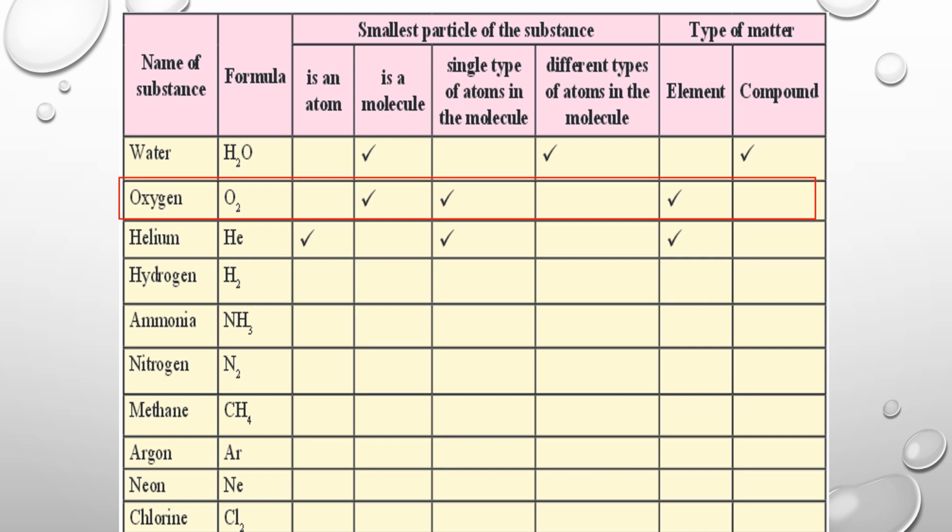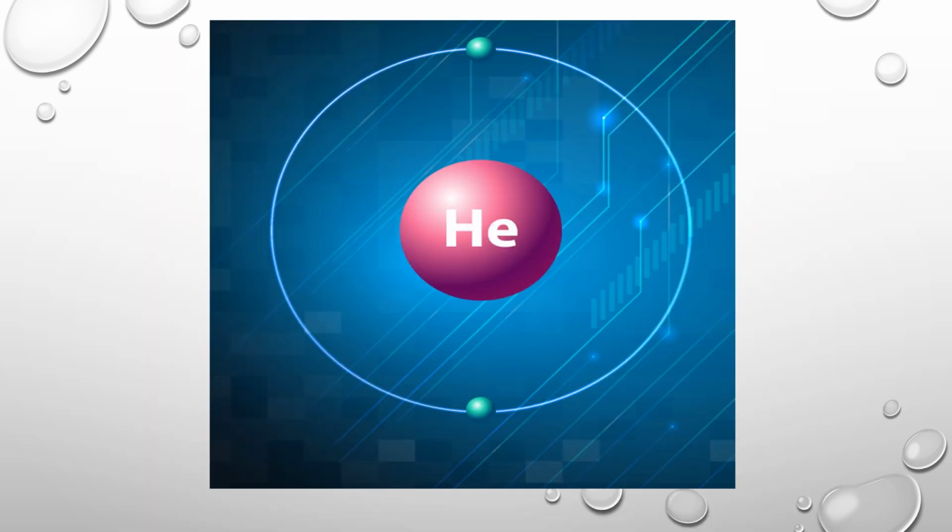Going to the next example. Helium. Helium has the formula of He. Now if you carefully look at this, it has two letters in it. But from those two letters, only one is capital. H is also there, E is also there, but E is a small letter. Only the first letter is a capital, and it has no number surrounding it.